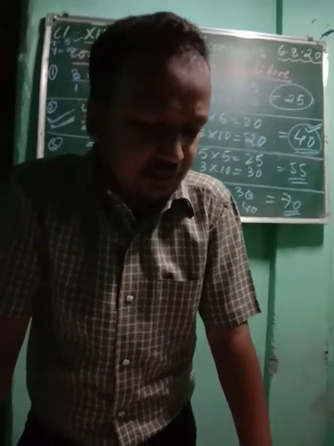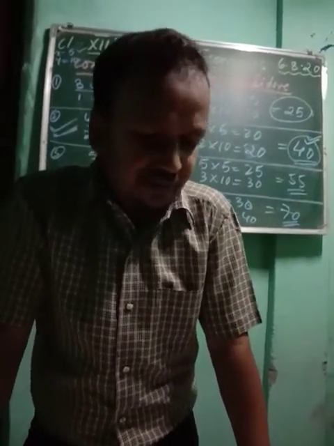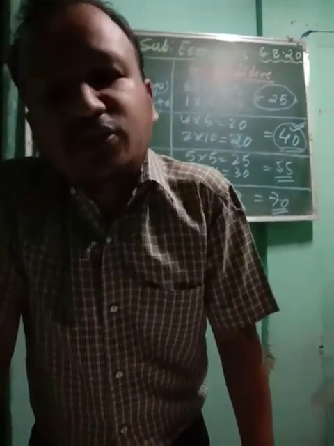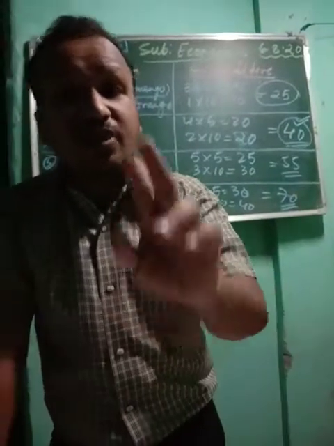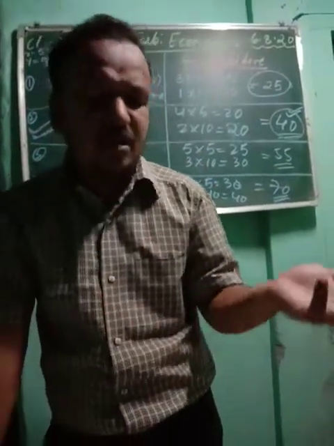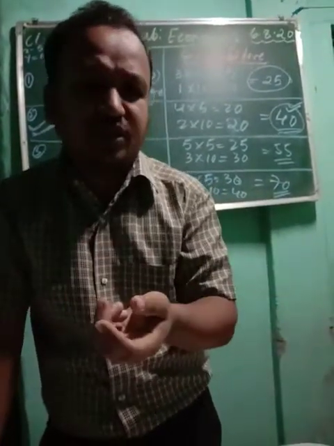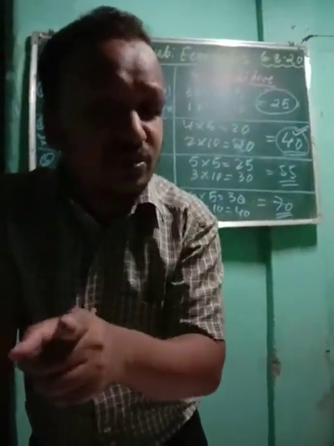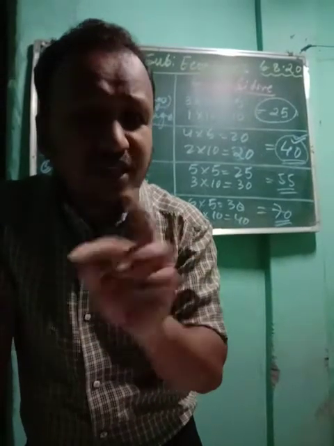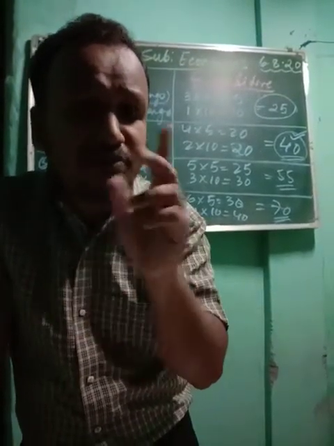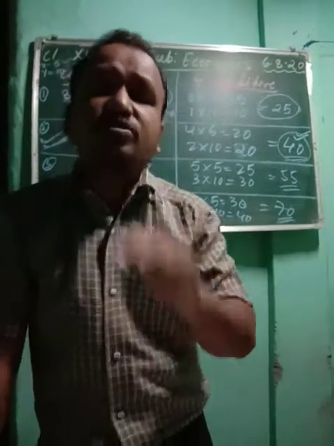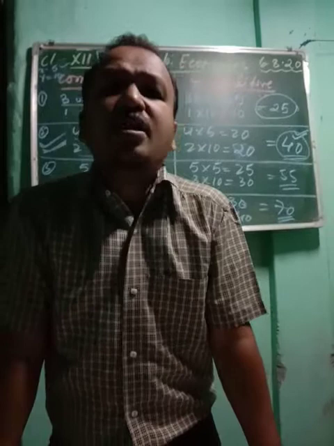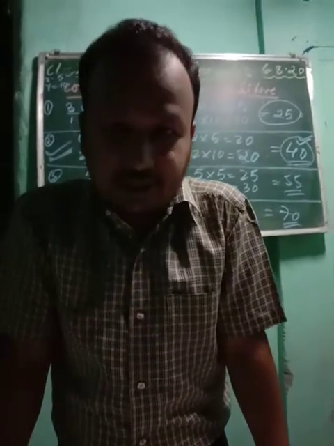So an indifference curve is nothing but a combination of 2 commodities which will give equal satisfaction to the consumer. And when a consumer consumes 1 commodity more, for example, you can take food and clothing. If the consumer is going to consume more food, then you have to reduce the consumption of clothing. When he does this, substitution takes place. That means when he is consuming more of 1, he has to reduce the other. In that case only a consumer is going to get equal utility from both commodities.